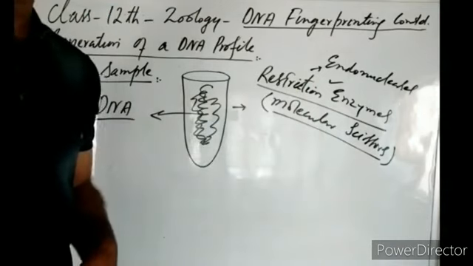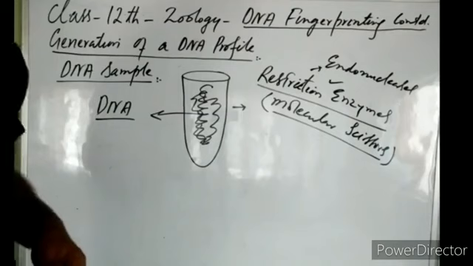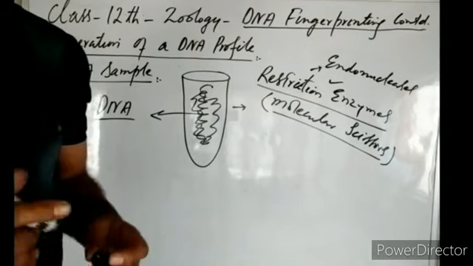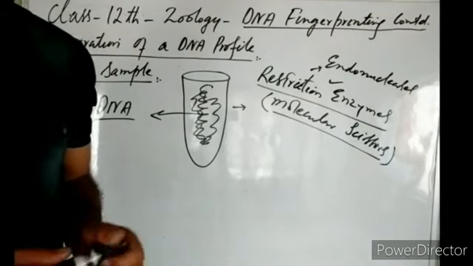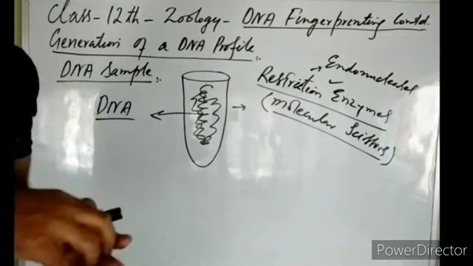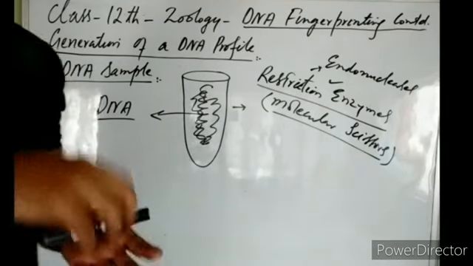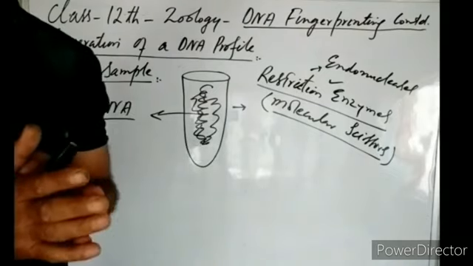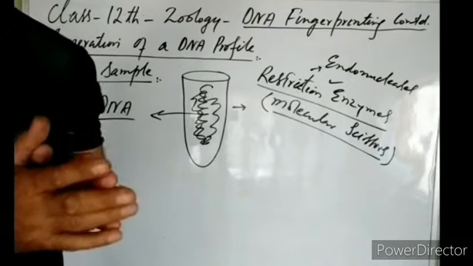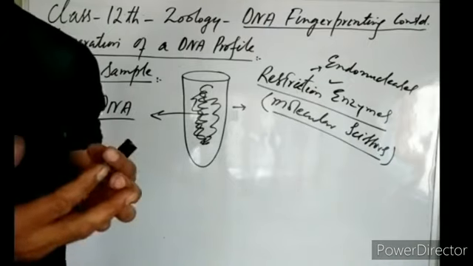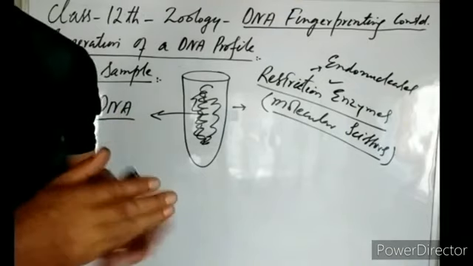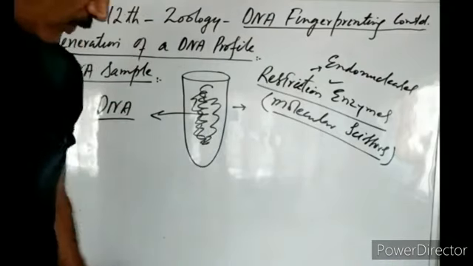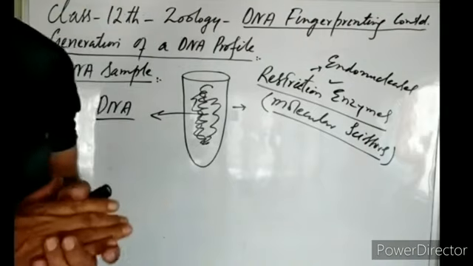Where are these restriction enzymes obtained from? They are obtained from bacteria. Bacteria naturally produce these restriction enzymes for neutralizing the attack of viruses. You know, when a bacterium is infected by a virus, the virus inserts its own genome into the bacterium. That genome destroys the DNA of the bacteria. In order to protect itself from the attack of the virus, bacteria have evolved some enzymes which cut the viral genome into fragments, destroying it, right? So those enzymes which are produced by bacteria for cutting the viral genome are known as restriction enzymes.